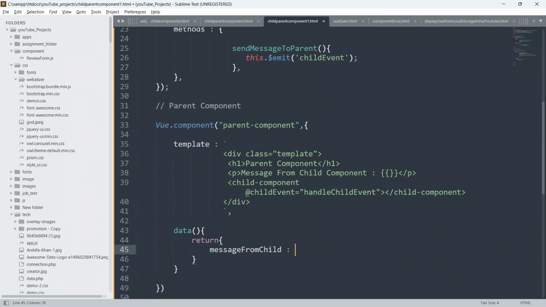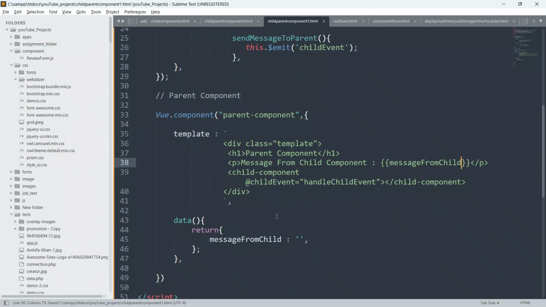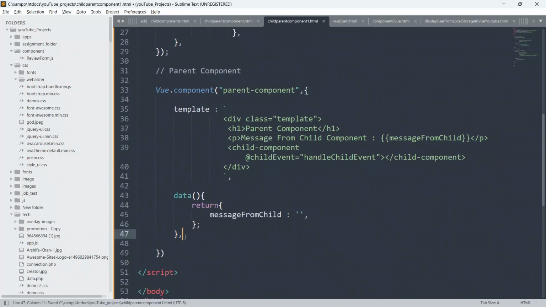As of now give an empty string and close this. Just copy this message variable from here and paste it inside the double curly braces.